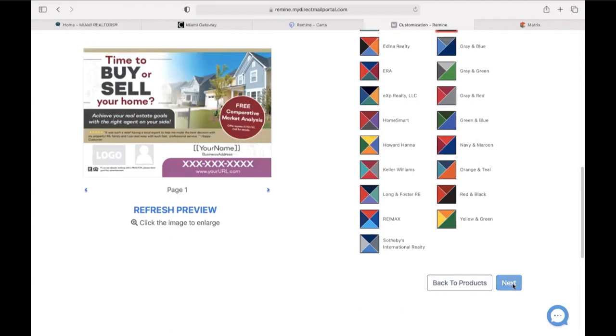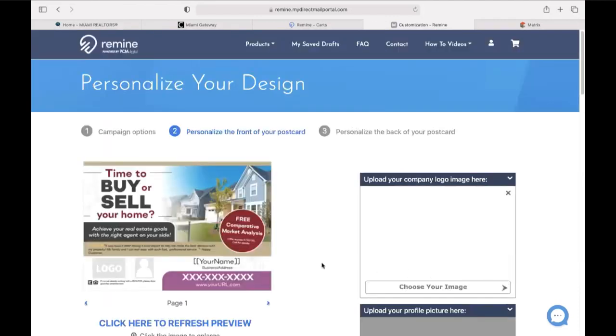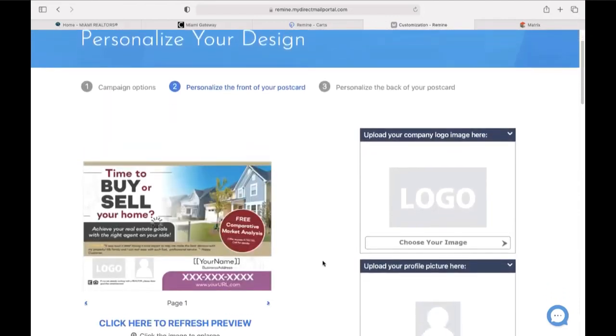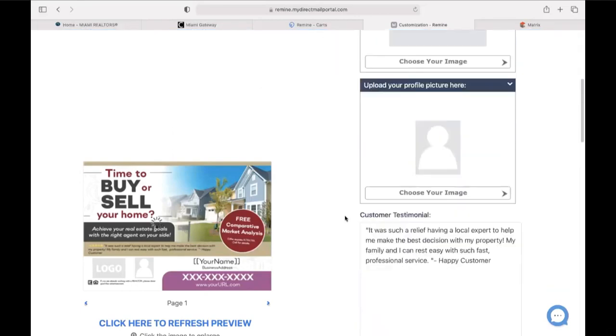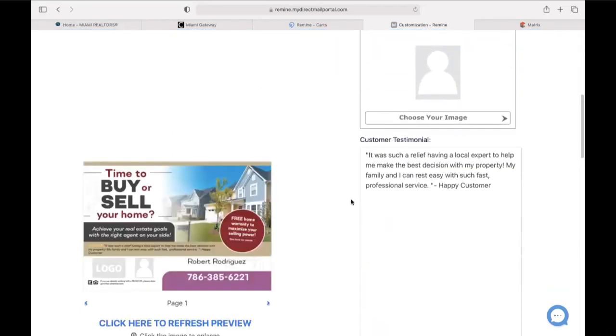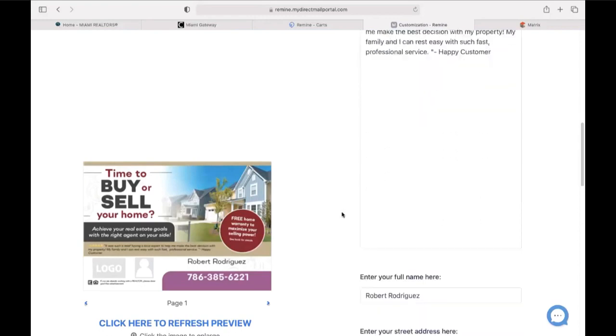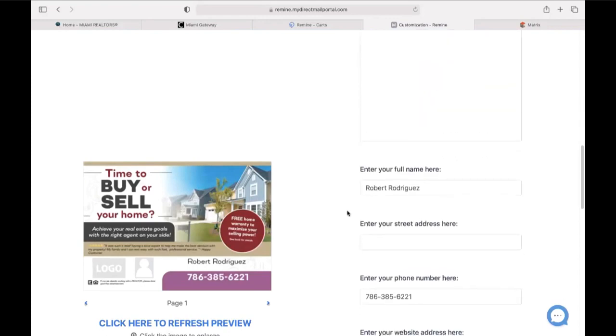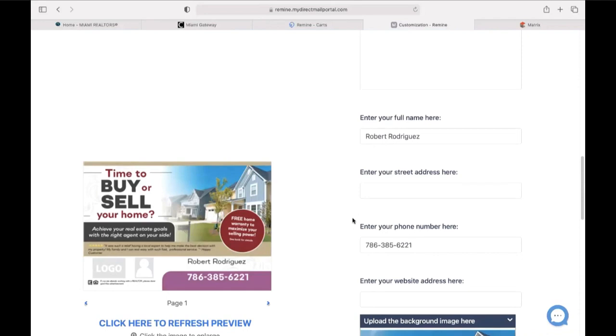When you're ready, you click on next. And then here, you're going to personalize the postcard. You can upload your company logo. You can upload your images. You can go ahead and put in a customer testimonial if you have one, your full name, enter your street